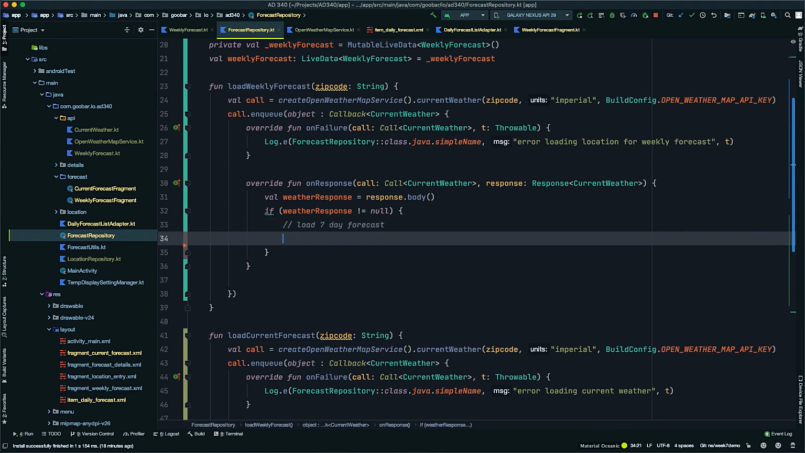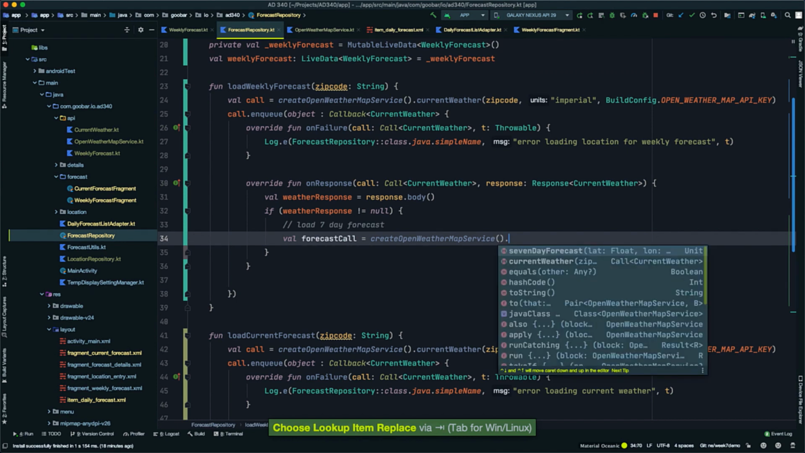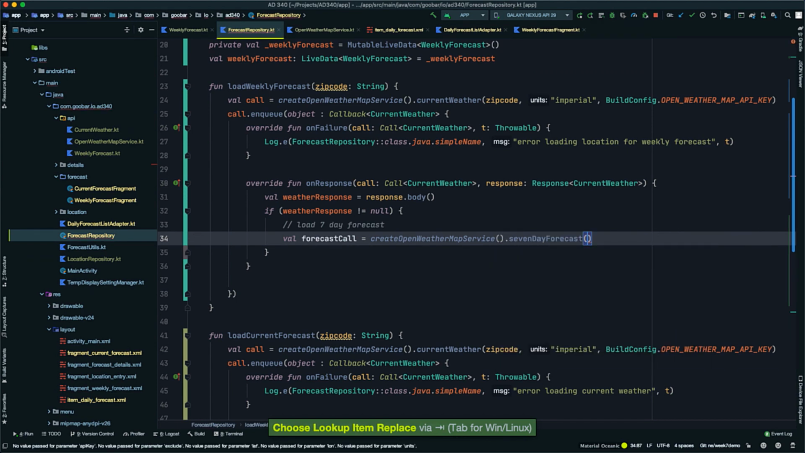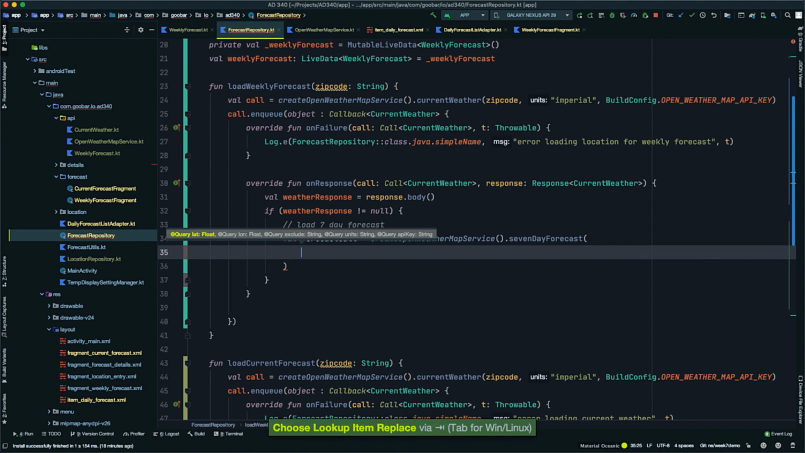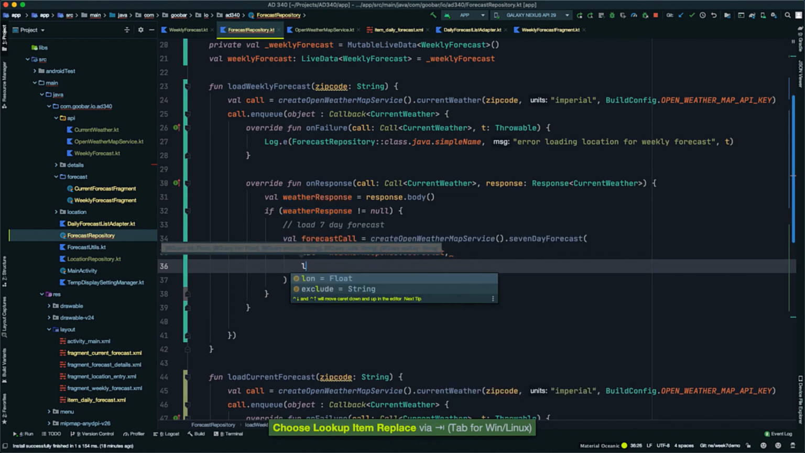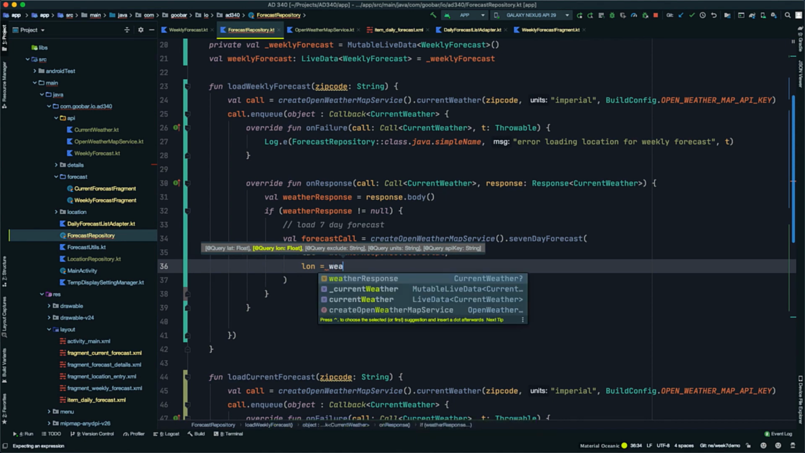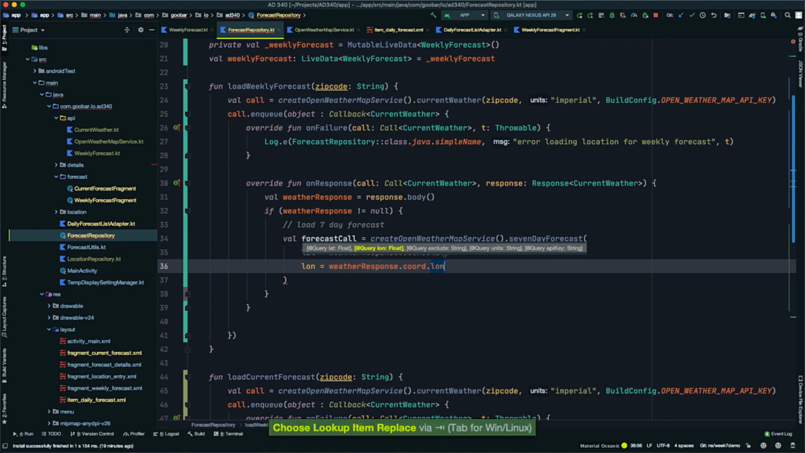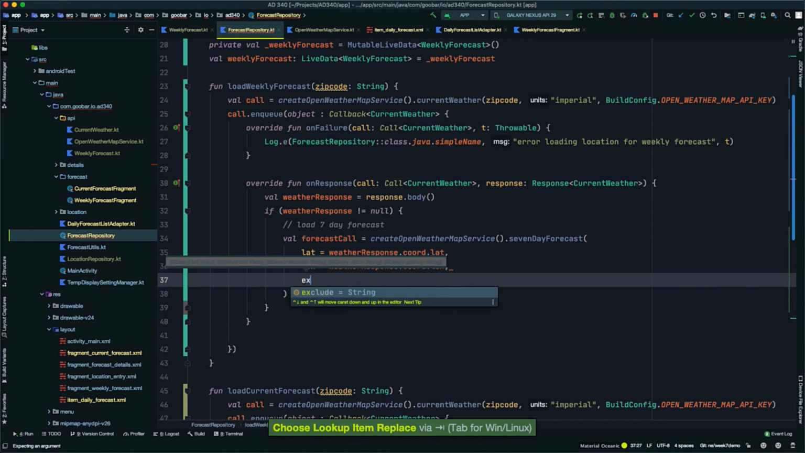So within this, we'll then make another call. So this will be val forecast call equals create OpenWeatherMap service dot 7-day forecast. And this time we're going to say lat equals weather response dot cord dot lat. Lon equals weather response cord dot lon. Exclude equals current